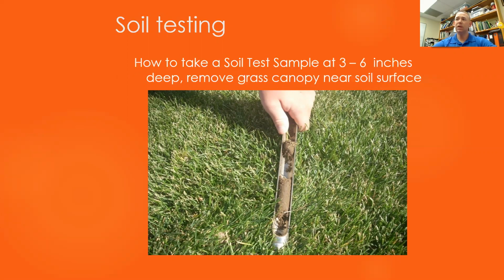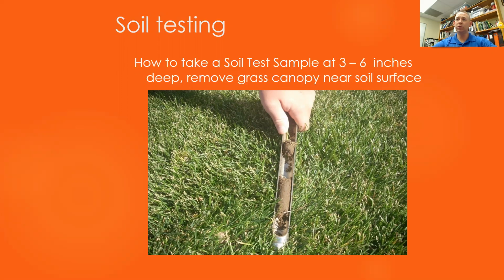And then you're going to take that and put it in a clean bucket. You should take 10 to 20 to maybe up to 40 subsamples, depending on how big your area is. And you're going to put all those subsamples in the bucket. You're going to mix that soil up, and then you're going to